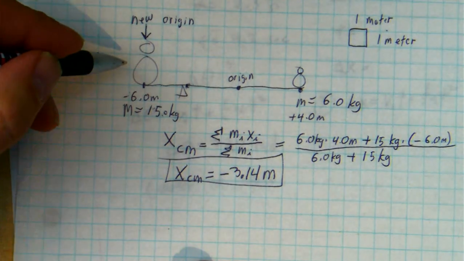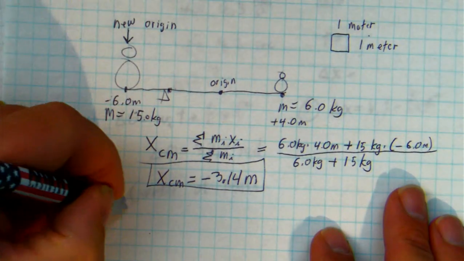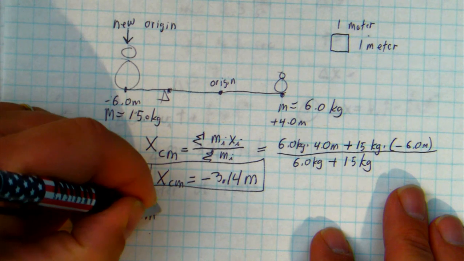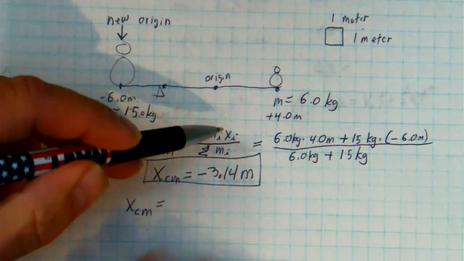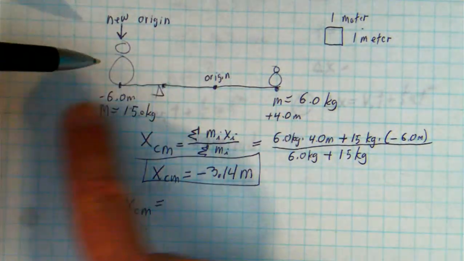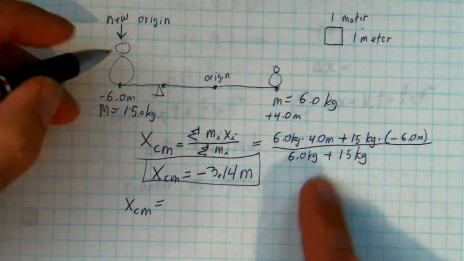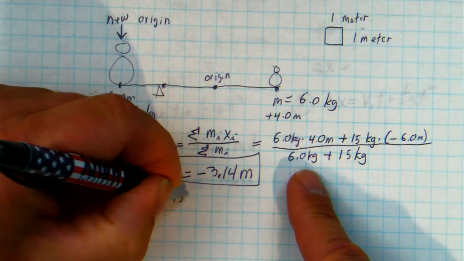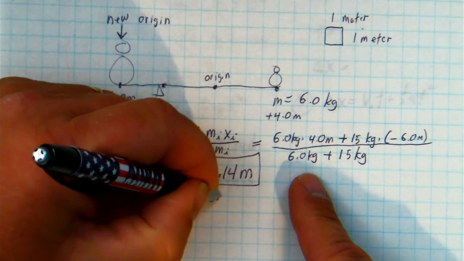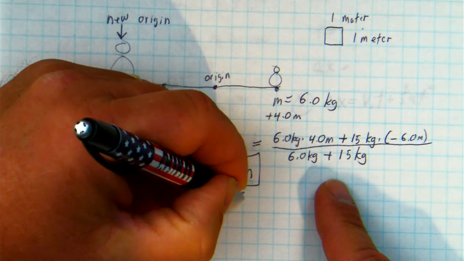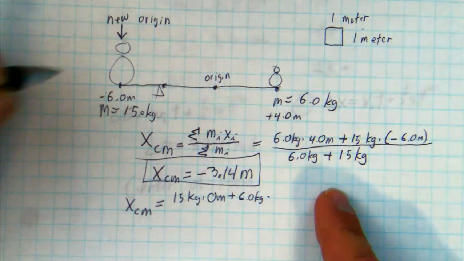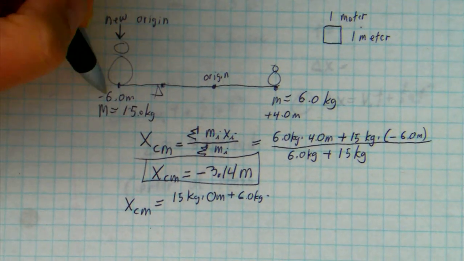So as an example, if we chose that to be the new origin, then our formula says, okay, I usually work left to right. So the first one is going to be 15 kilograms times 0 meters plus 6 kilograms times, now on this new scale,